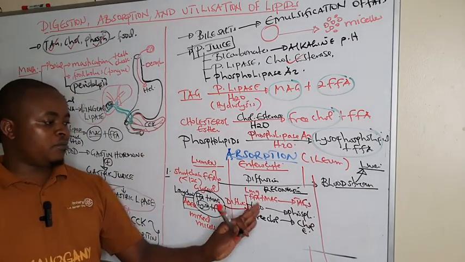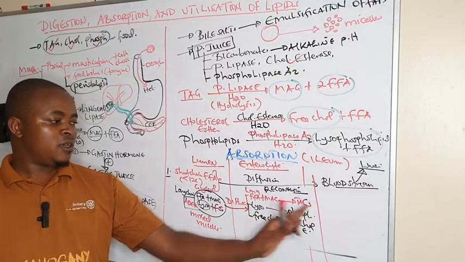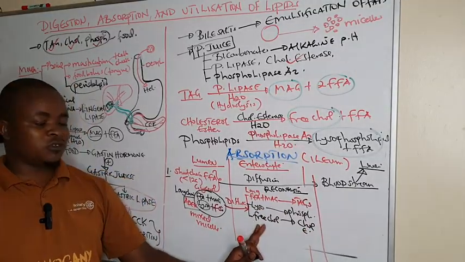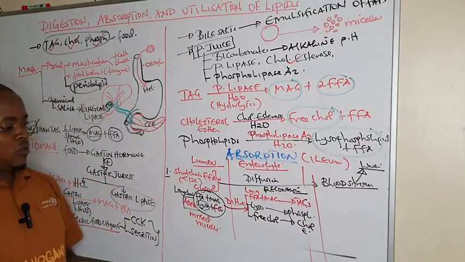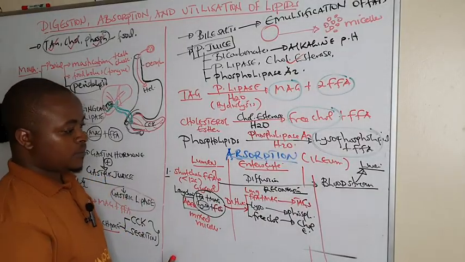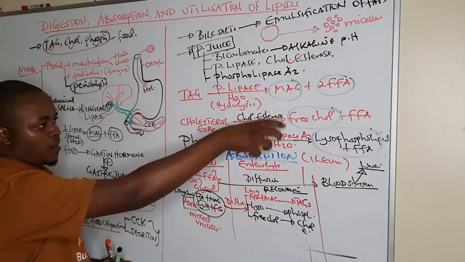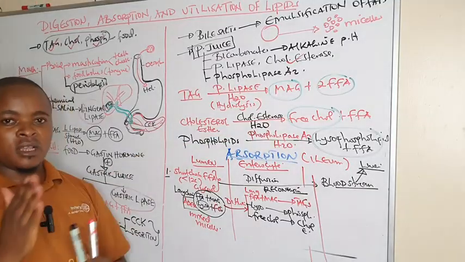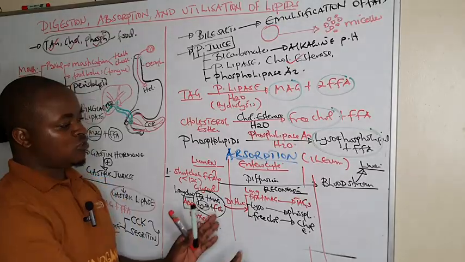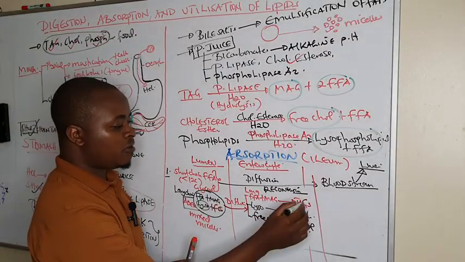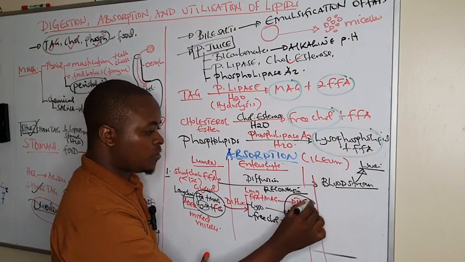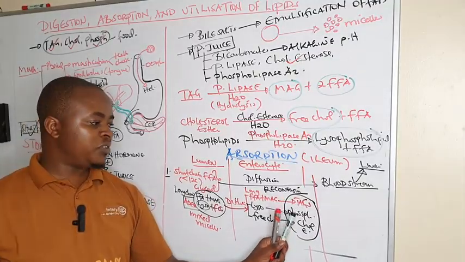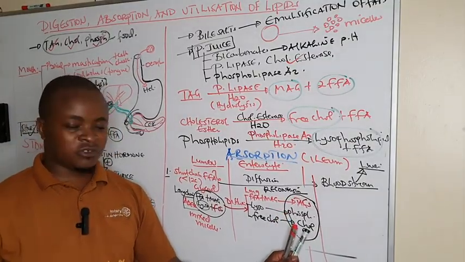So the long chain fatty acids and MAG combine to form TAGs again. The lysophospholipid is converted back to phospholipid. The free cholesterol is converted back to cholesterol esters. So we are seeing that the role of absorption in the duodenum was to enable absorption. After absorption into the enterocytes, they are reconverted. So at the end, we have the TAGs, the phospholipids, and the cholesterol esters,